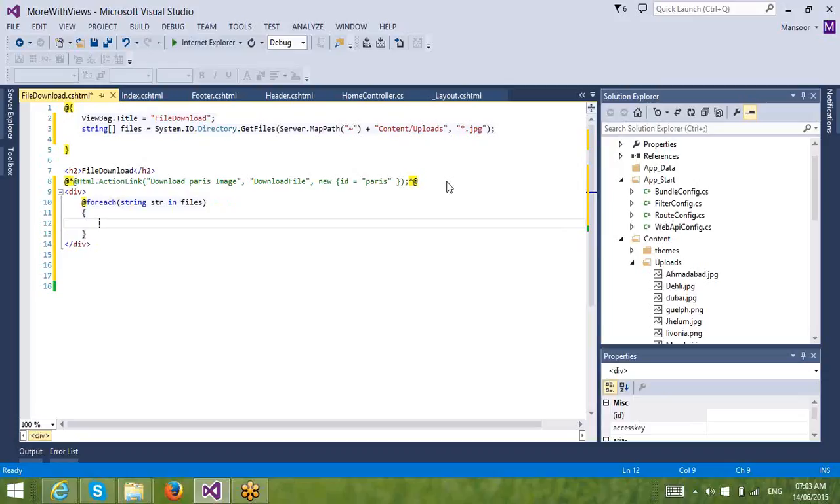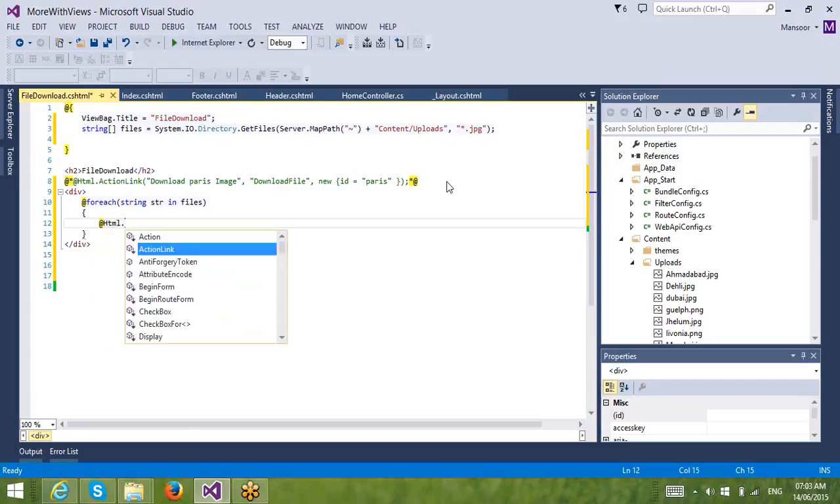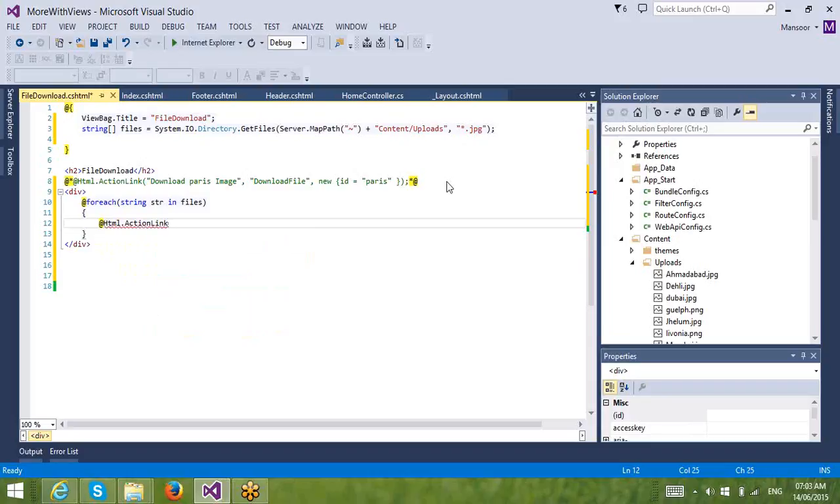Right there, @Html.ActionLink. Start the bracket. After ActionLink you must start a bracket. Here you should be putting the str name, str dot Substring, str dot Substring. In the brackets,